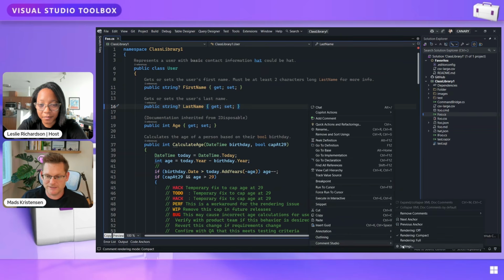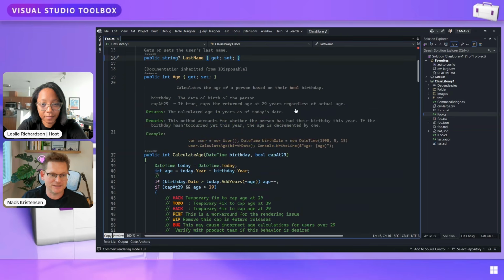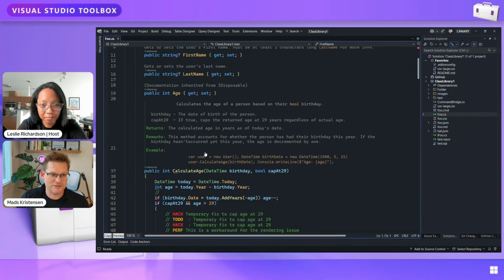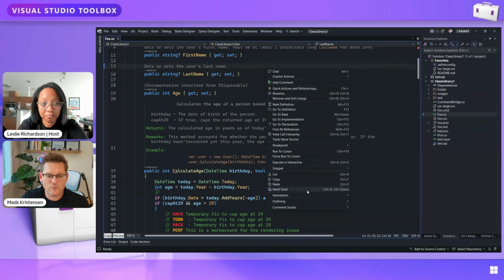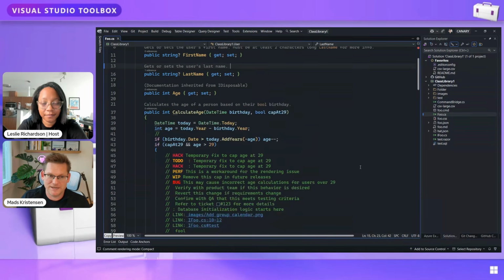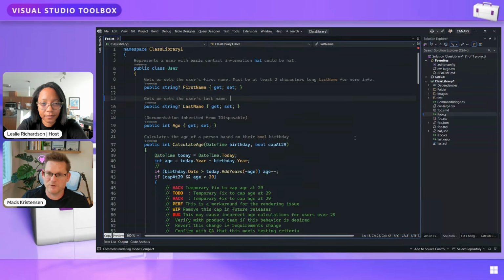And then if I go down and put it in full mode, then check this out. Then you get way more to look at here. It renders all of it out. That's if you want to read more, if you're in a reading mode. I always just keep it in compact mode. It's really nice. It's way smaller. It gets out of the way. And I just enjoy looking at this.